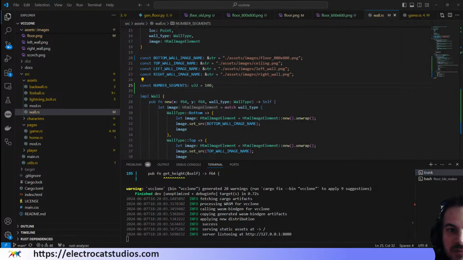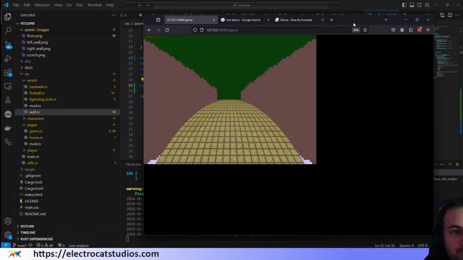The aspect ratio is definitely a problem. I'm guessing it's not quite reaching the floor because it's trying to draw 400 pixels stuff into